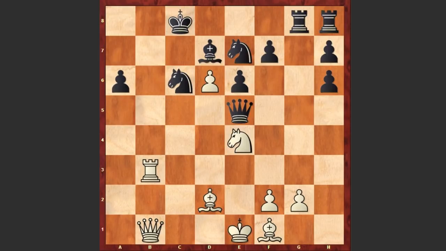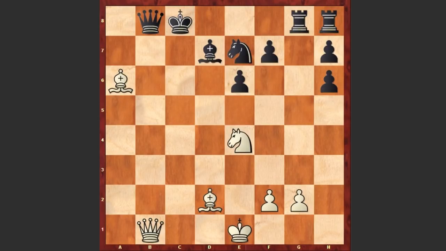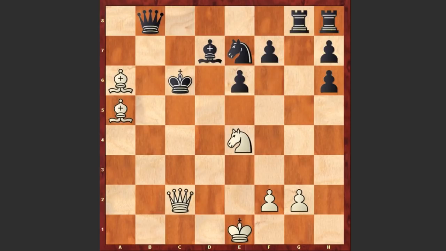Queen takes e5, capturing the pawn on e5 as well, and finally we see d takes e7, knight takes e7, and there it goes, we are starting a king hunt. Rook b8 check, sacrificing the second rook as well. Queen takes b8, bishop takes a6 check, king c7, bishop a5 check, king c6, queen c2 check, king d5, queen